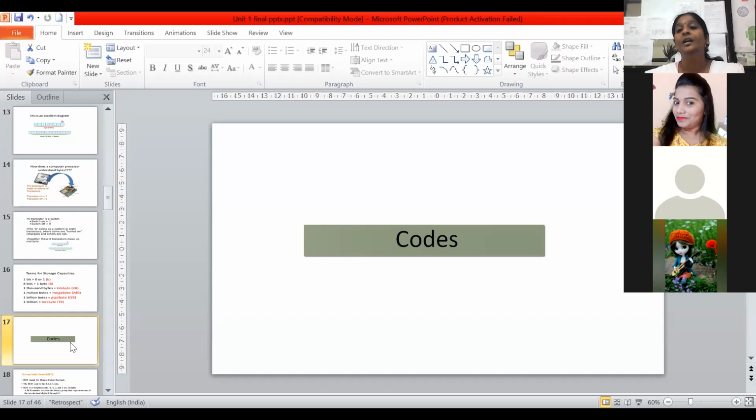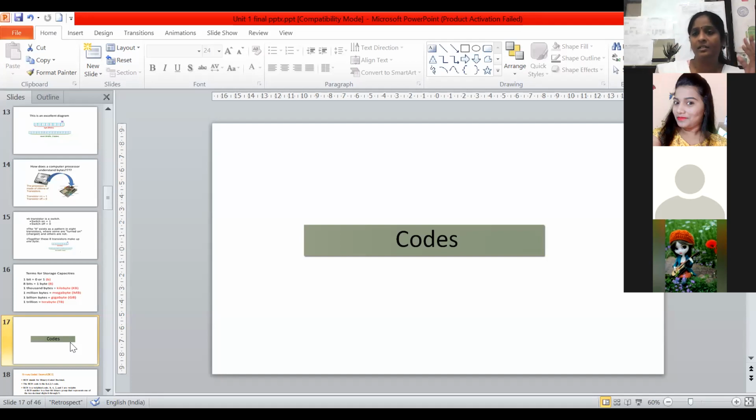So for digital, a number of codes are available. Like you have studied some number systems in the first year itself: binary, decimal, hexadecimal, octal. Those are also codes, those are also number systems. Whichever language the hardware will understand, I am supposed to give inputs in that format. Okay, for example,